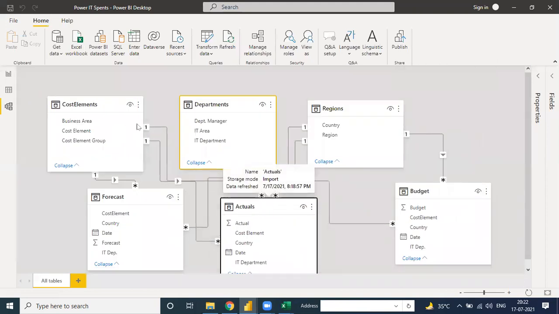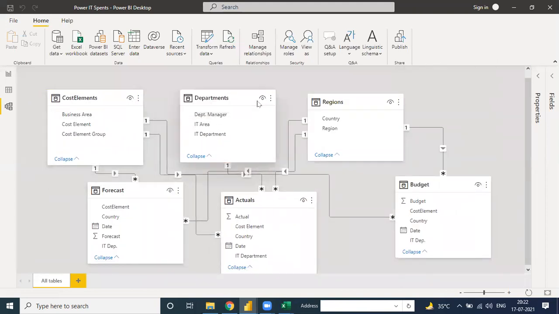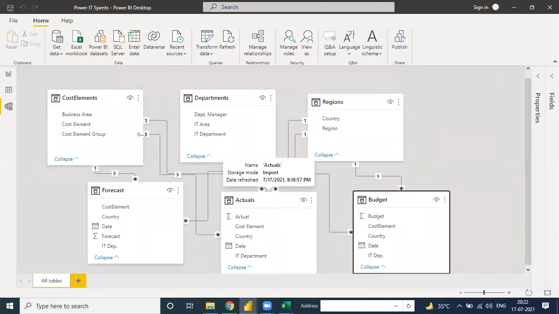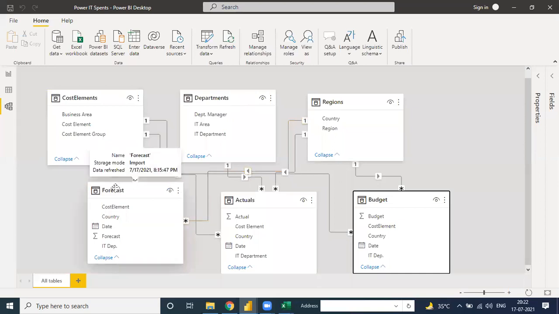When you put all your files, like dim table and fact table, relationships are automatically generated. But some relationships you need to connect yourself.